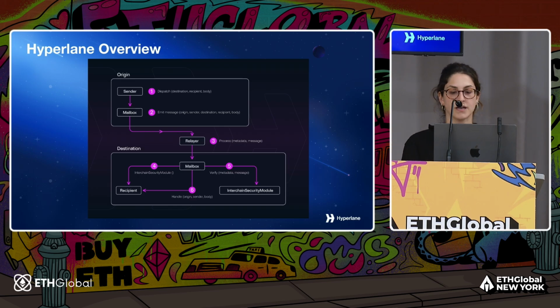requirements of that chain. Interchain Security Modules might also use other agents, like validators. If you're using a multi-sig module, you can use proofs of validators to verify that the message was sent from a certain chain. But it can also do basic computation, like anything which you want to configure. So this is an architecture overview of what Hyperlane looks like.